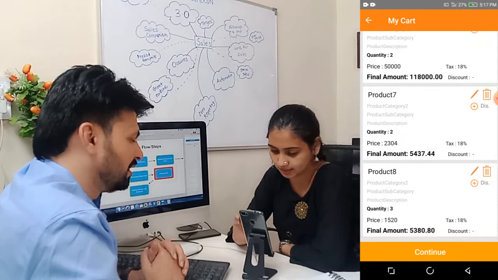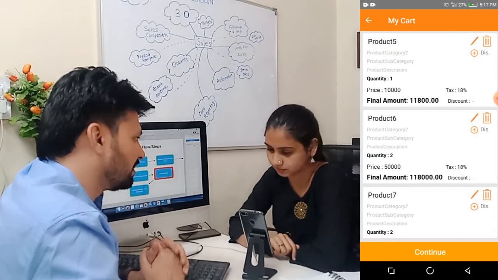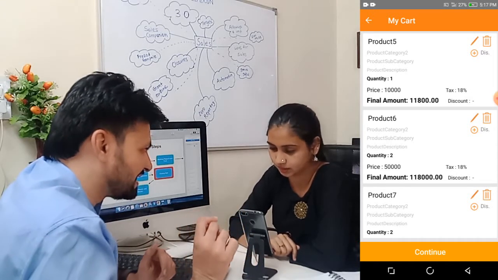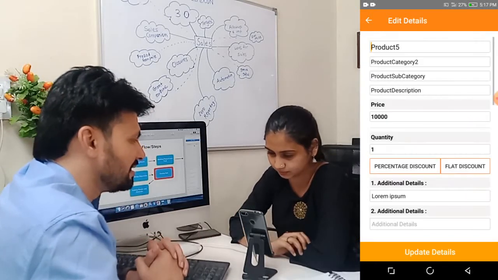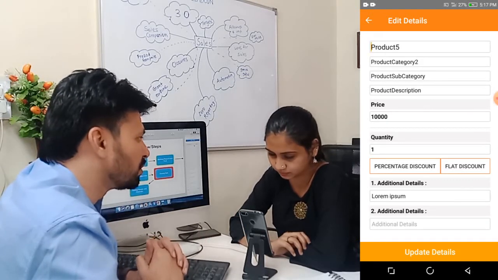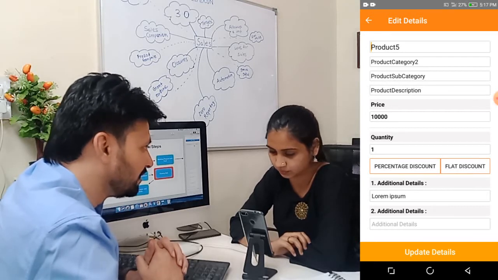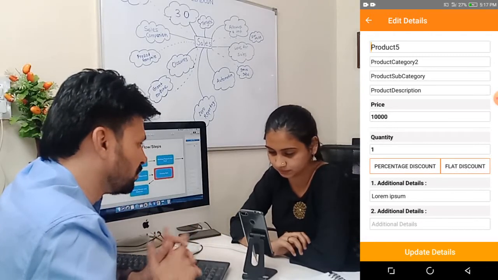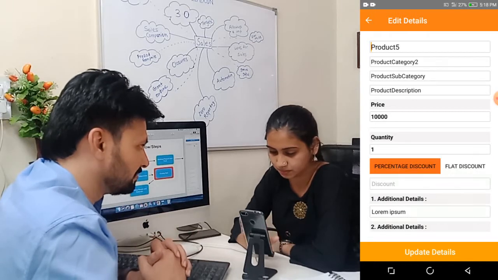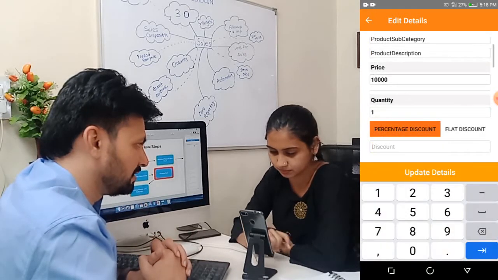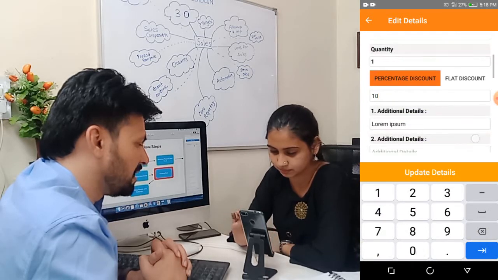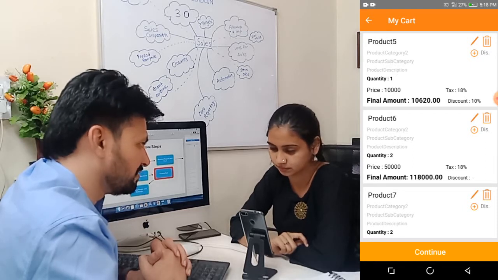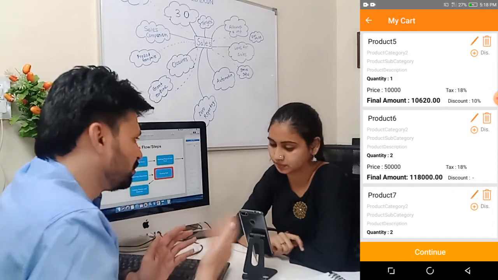If you wish to give a discount on a certain product, under the edit button on the right side, for each product there is a small plus sign for discount. Click on that. And now there is a section which asks you, do you want to give a discount in terms of percentage or in terms of flat discount? So would you like to give a 10% discount, or would you like to give 1000 rupees discount? Percentage 10%. Okay, so do that. Click on update. Done. And you can see on the top the prices must have changed. In a similar fashion you can do this for the rest of the products.